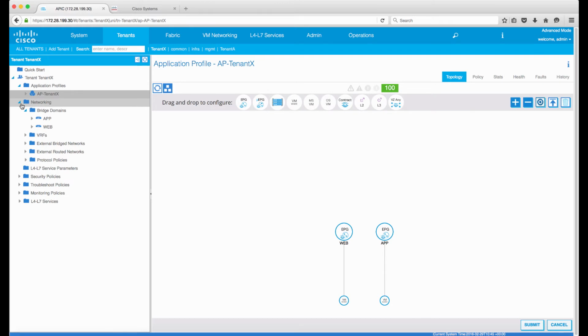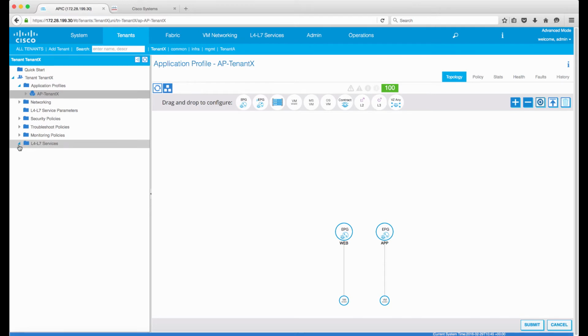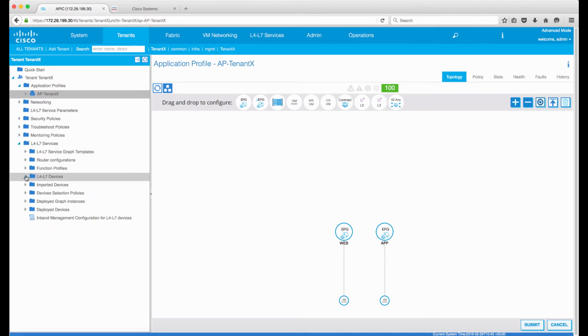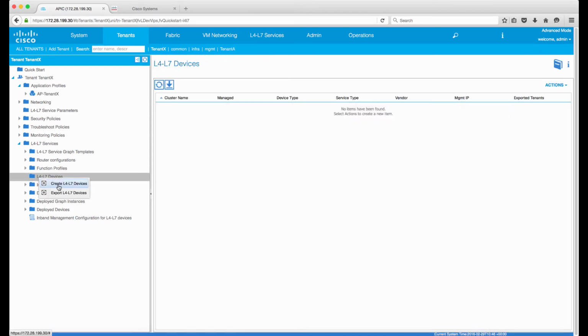add our ASA. Before I add ASA, let me tell you, I already have a functional ASAV running on my vCenter. On that virtual ASA, I have only configured management IP address, nothing else is configured. So in order to add L4 to L7 devices, I'll go to L4 to L7 devices, click on create L4